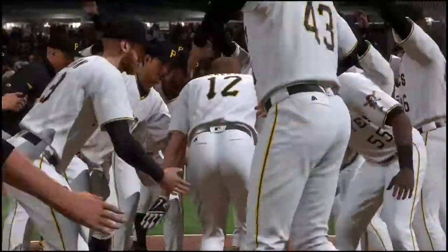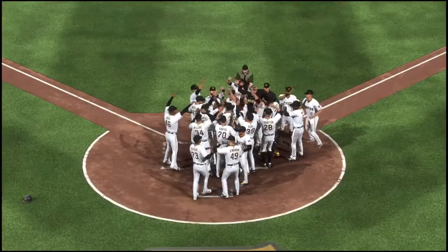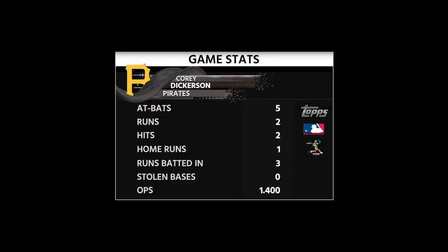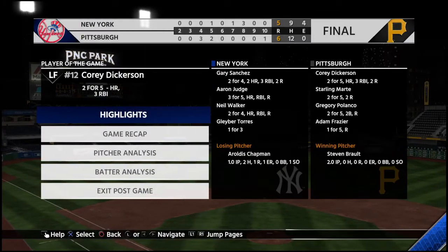Hey, when you get to extra innings, you're looking to piece together a rally or scratch any runs you can across the plate. But he says, hey, to heck with that, I'm going to do it with one swing of the bat. So a walk-off home run ends this thing in extras. That was fun. Well, the lineup was clicking for him in this